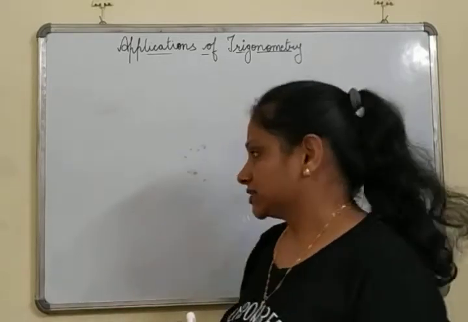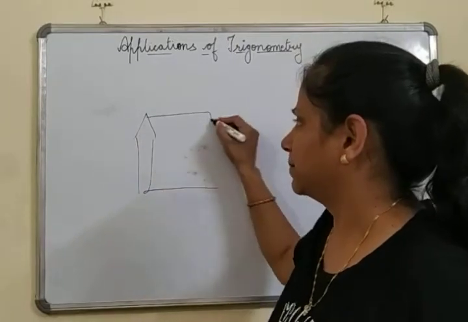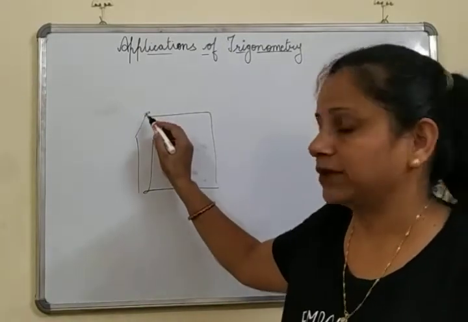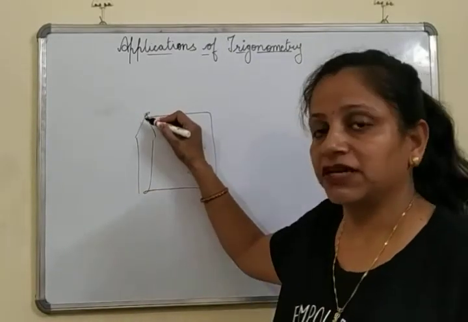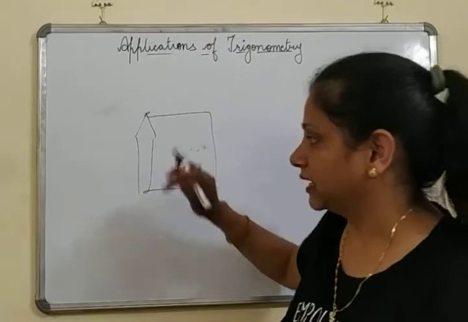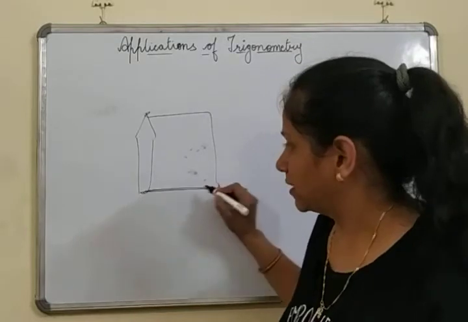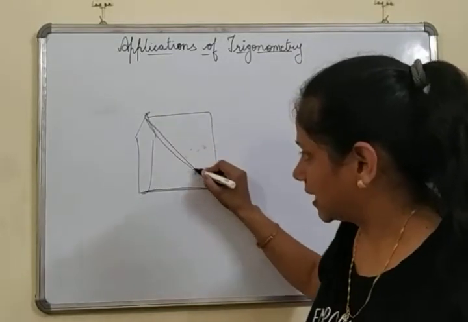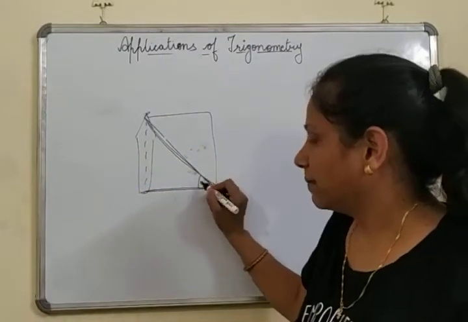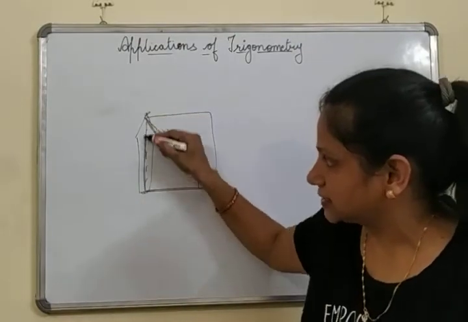Fine. Now say for example, I say that this is a temple, a big temple, and I need to find the height of this temple. Now one way is simple, we can measure it this way, but if it is very high, then it is a little difficult. So here we use trigonometry. And how do we find the height then? We take this ground as the base layer, and from here we measure this distance, and by knowing the angle, we can find the height of this temple.